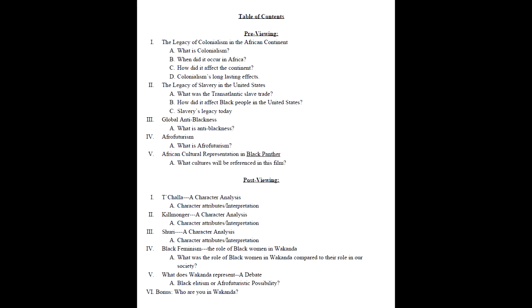Now, the table of contents has two sections. You have a pre-viewing and you have a post-viewing. The post-viewing I don't really care about all that much because it's all about characters and situations and things like that from the film. I was more curious as to what kind of history was being taught in the first section. And I looked through it, and as far as I can tell, just skimming over most of it, it's pretty boilerplate kind of stuff about slavery and colonialism, etc. in Africa. But there is one part that jumped out at me.